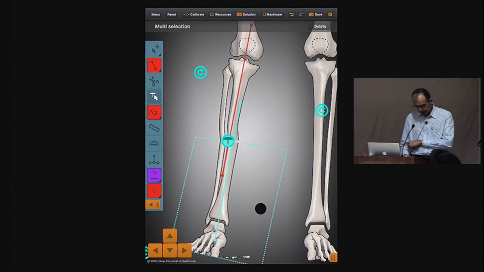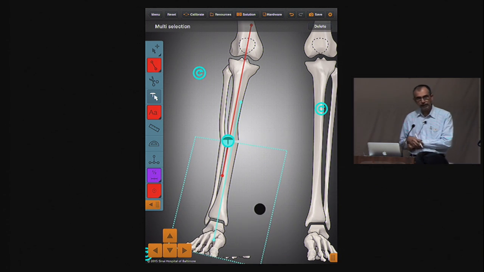Now you corrected it with an opening wedge, intact lateral cortex, you have got this. So you know that osteotomy rule number 3 is being applied here, but you want to get your correction proper. So you convert this into osteotomy rule number 2,